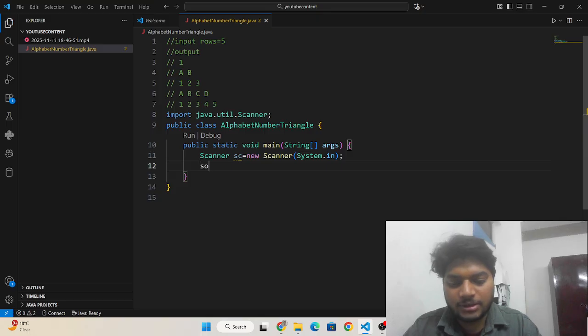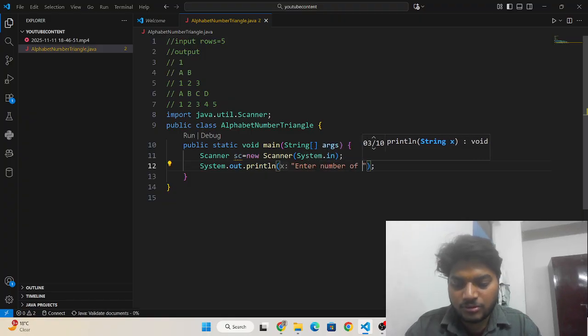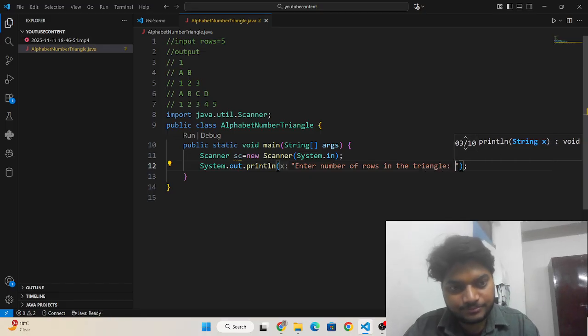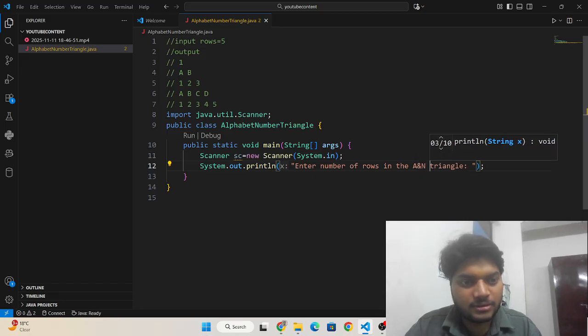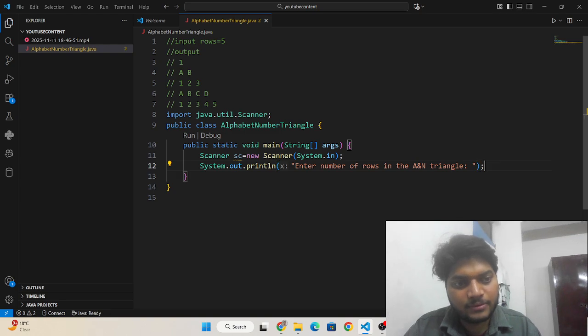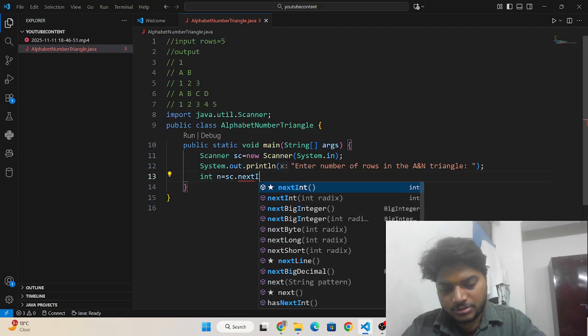Then I need to write a print statement: enter number of rows in the triangle. We take that number of rows with the help of variable n, so n = sc.nextInt().